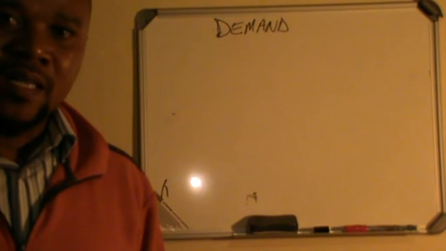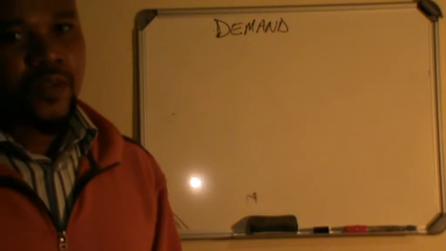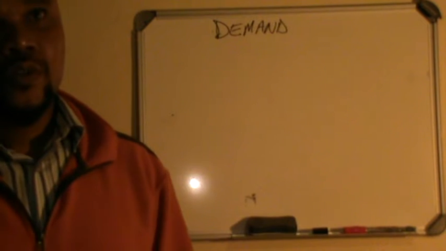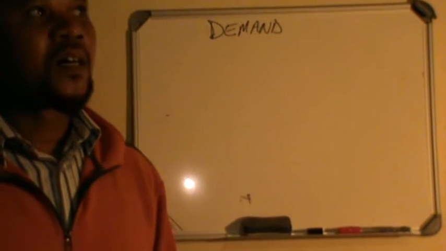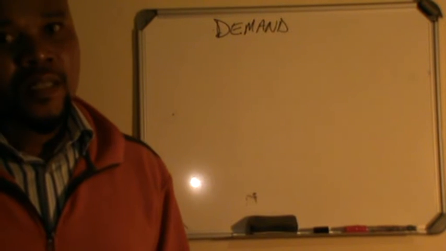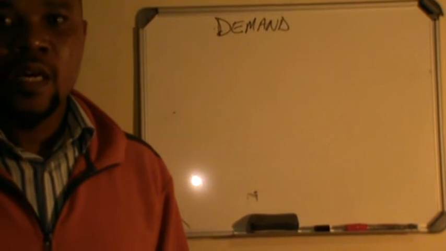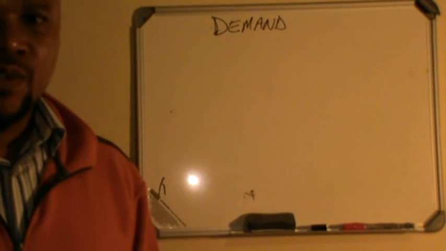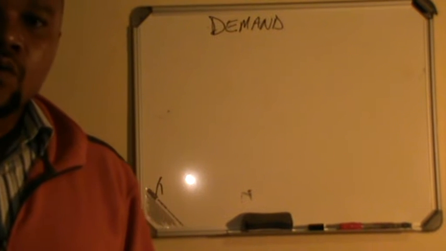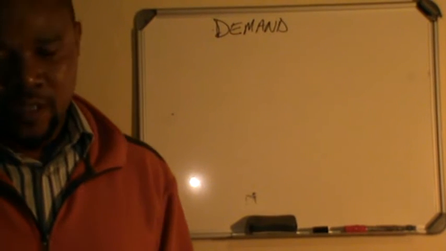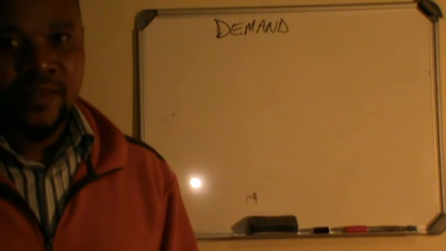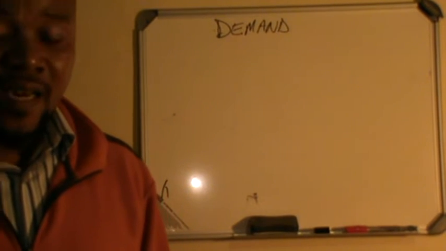But you cannot demand what you cannot afford. So this type of demand is not like a political demand, when you demand services, demand electricity, demand housing. No. In economics, demand must not just be your willingness to purchase a particular good, but also your ability to afford that good. That brings us to our second factor that determines demand, and that is income.